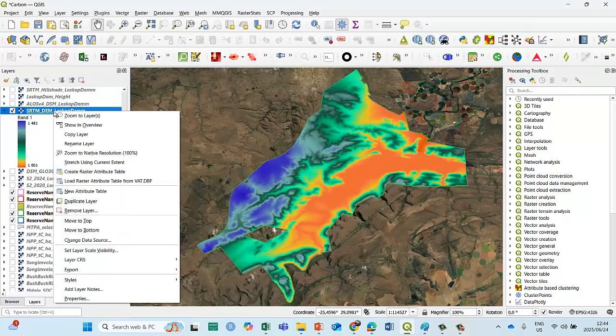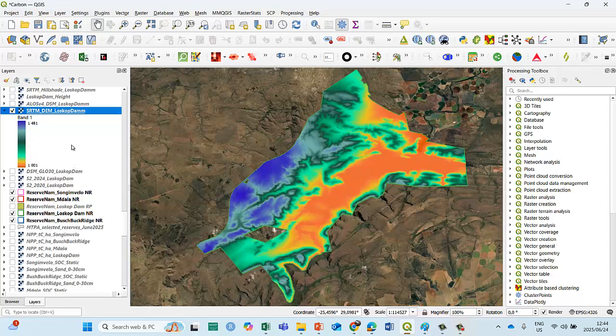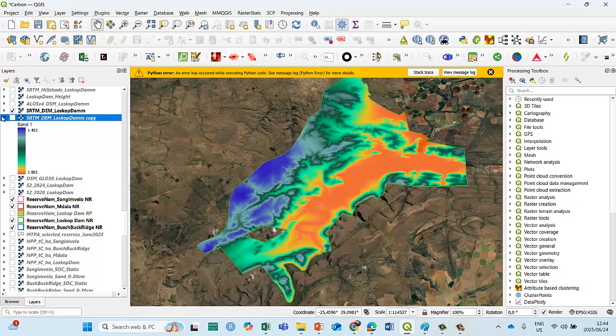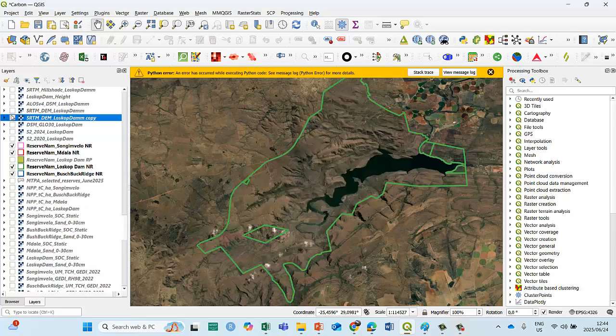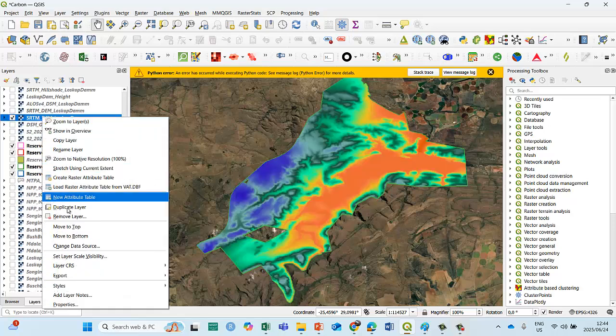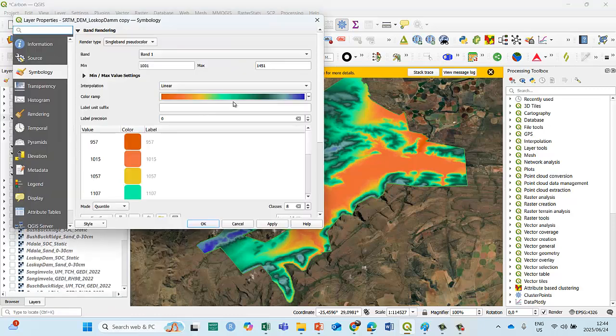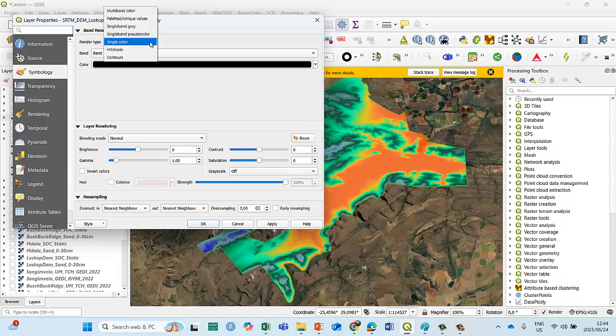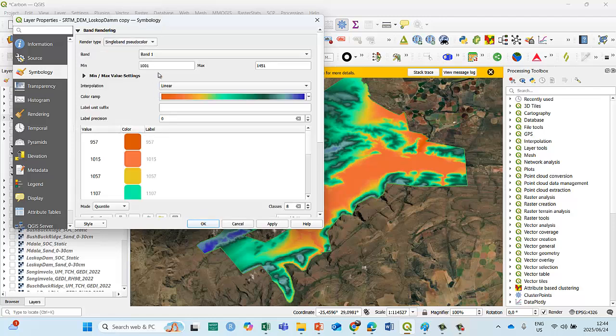What I'm going to do is a duplicate layer. There we go. So there's my duplicate layer. Let's play around with it. I'm going to go to properties. Let's do single band first.